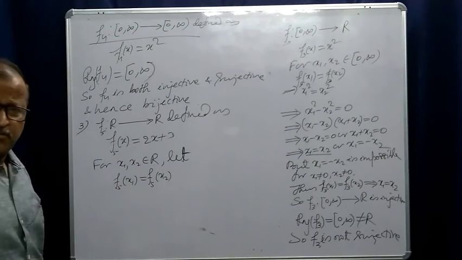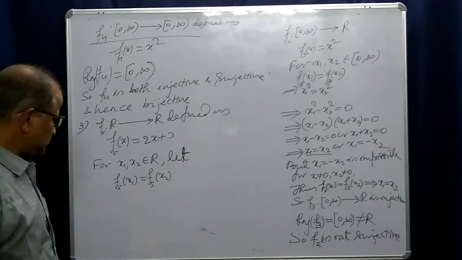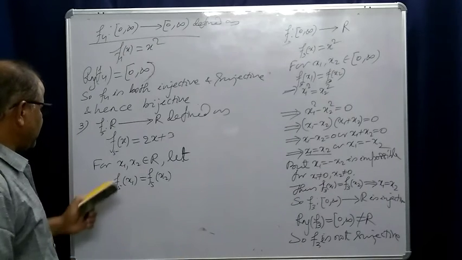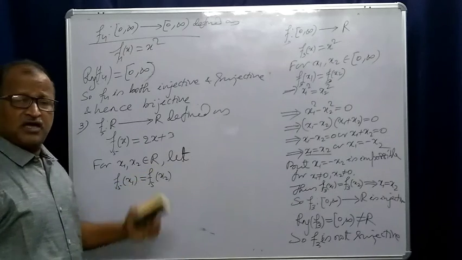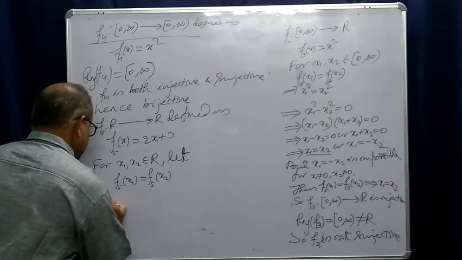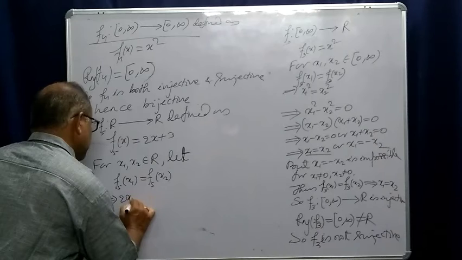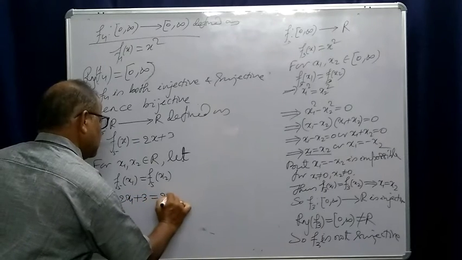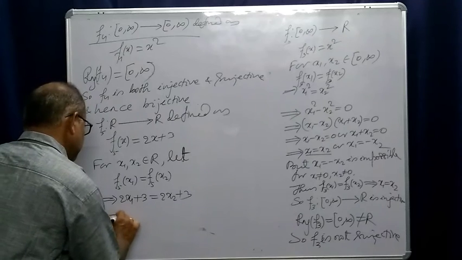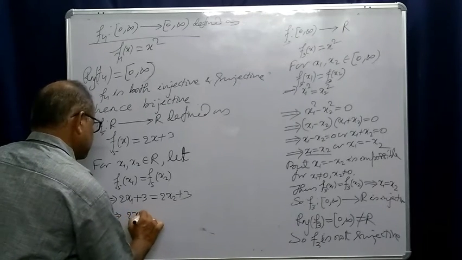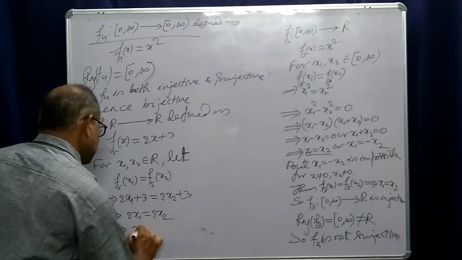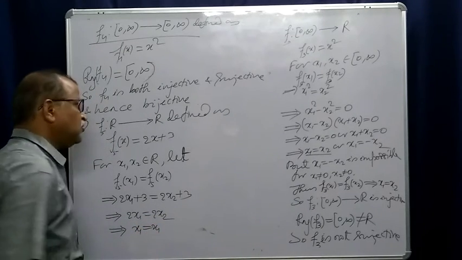Here 5 is a subscript which distinguishes different functions. f5 is the name of the function, and this implies 2x1 plus 3 is equal to 2x2 plus 3. We can cancel 3 from both sides. 2x1 is equal to 2x2, hence 2 can also be cancelled. It is x1 is equal to x2,